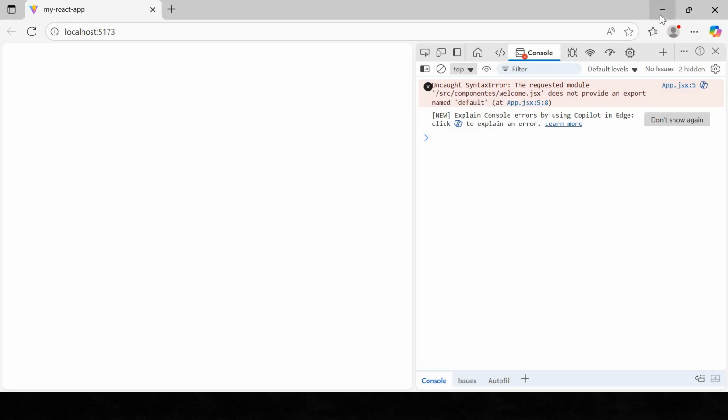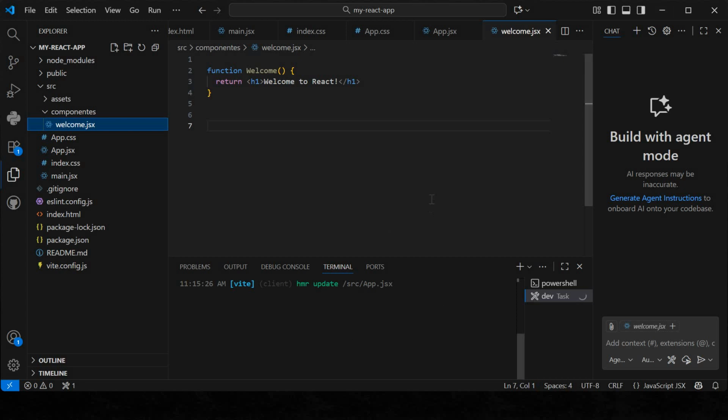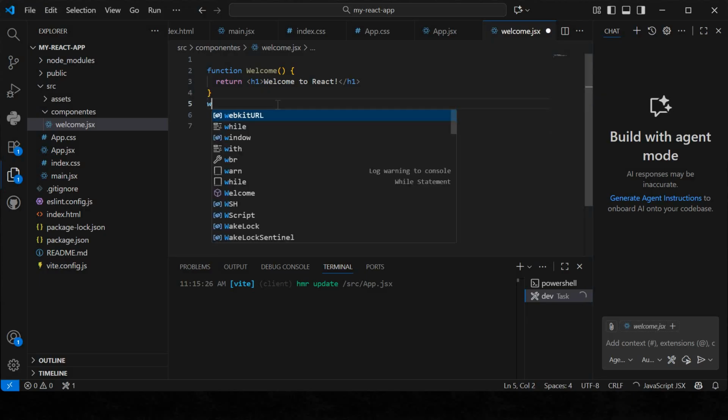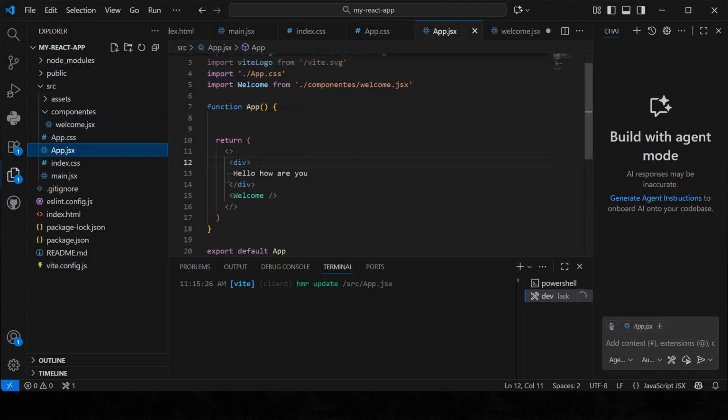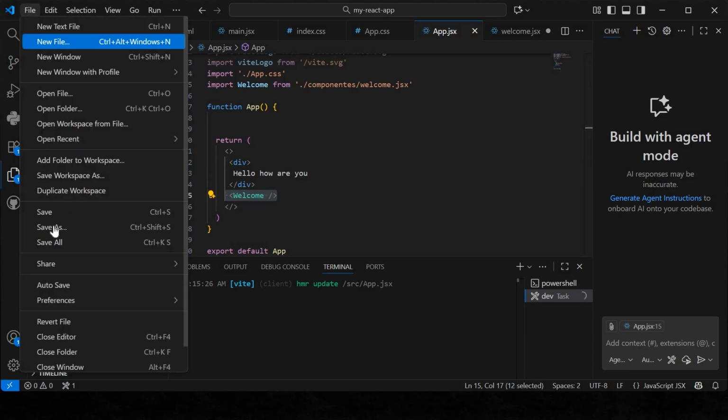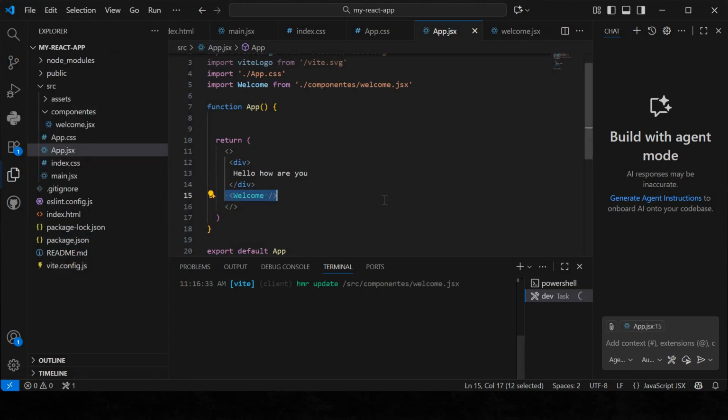Whenever we create any component, we have to export it. How can I export? Just go to this particular file, and here we have to keep the export. Simple: export default welcome. First we write the function name with a specific return statement, and then the export keyword. When I write the export keyword, it will give me a call. Now if I run this,